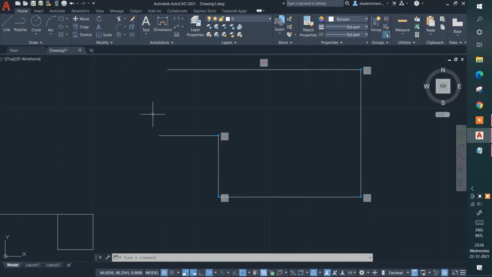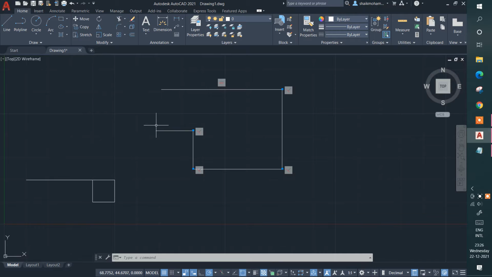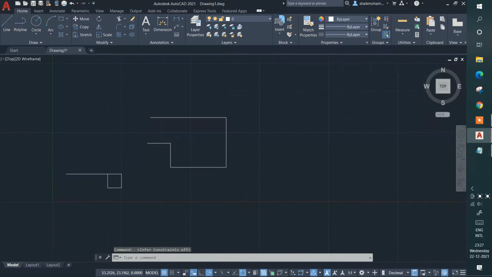And if you are using AutoCAD in your computer systems in your college, sometimes it may appear like this, guys. You can click on this and right click here, and don't click on hide, just click on hide all, okay? All constraints. Many of you get this many times, okay? I'm going to tell you how to remove the constraints. Simply go to here, not this one, go to here, infer constraints, okay? Click on this and it's going to turn off, okay? I'm going to tell you how.